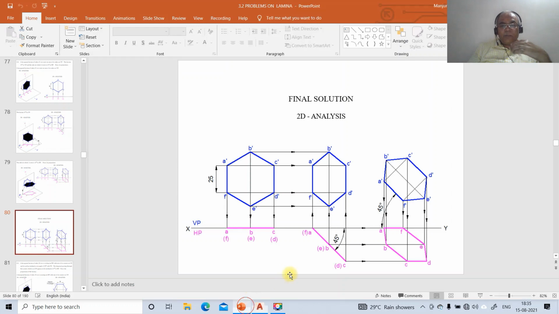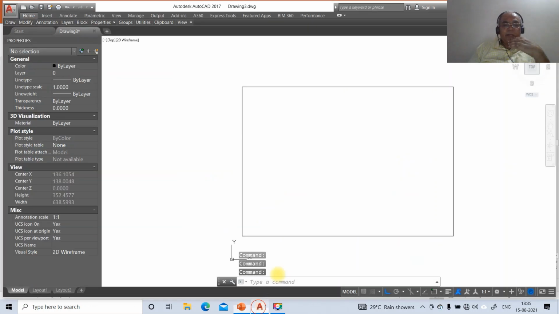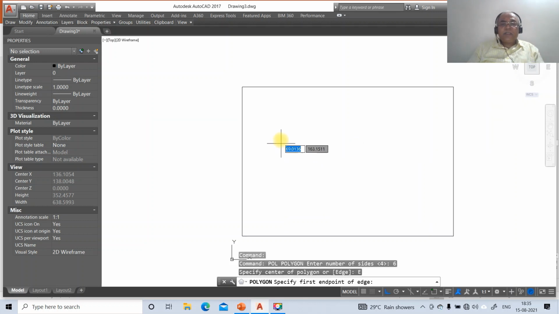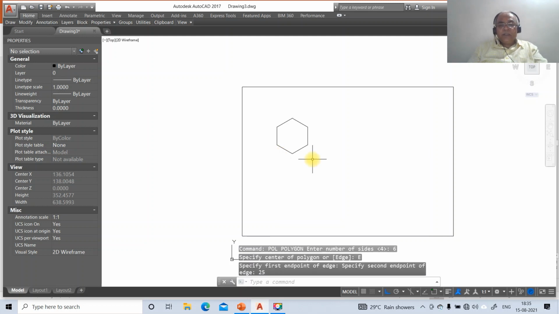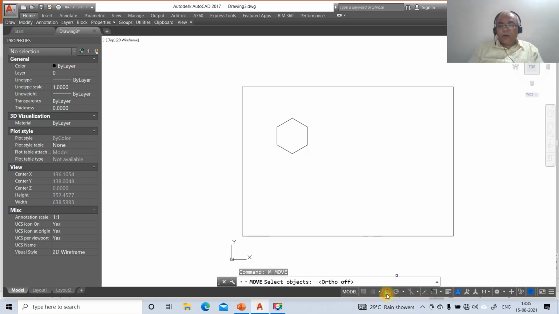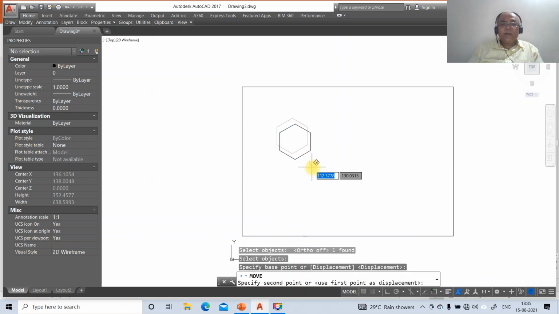Now we go for the polygon having sides of 25 mm. Go to polygon, select number of sides as 6, take the edge option, select this and drag this side and take 25. Then go to move, switch off the ortho mode and place it.